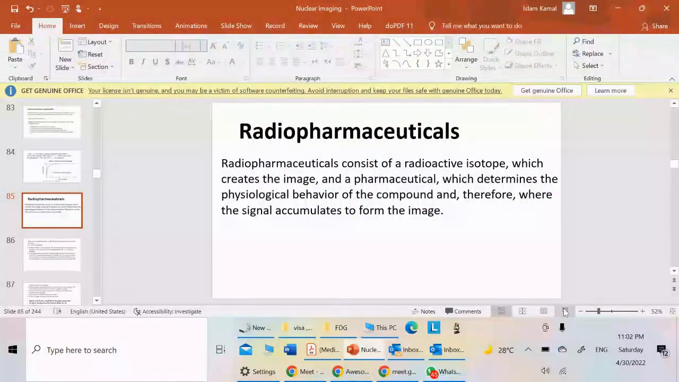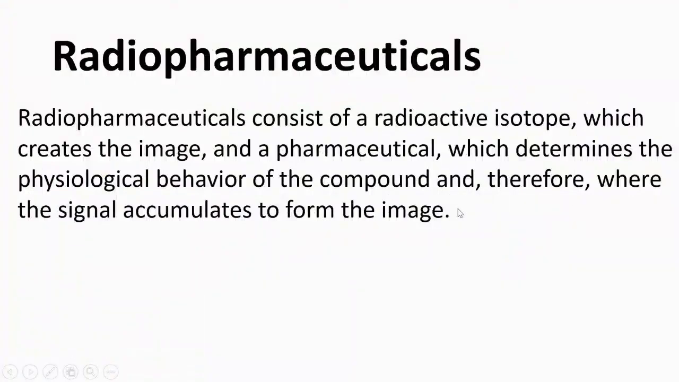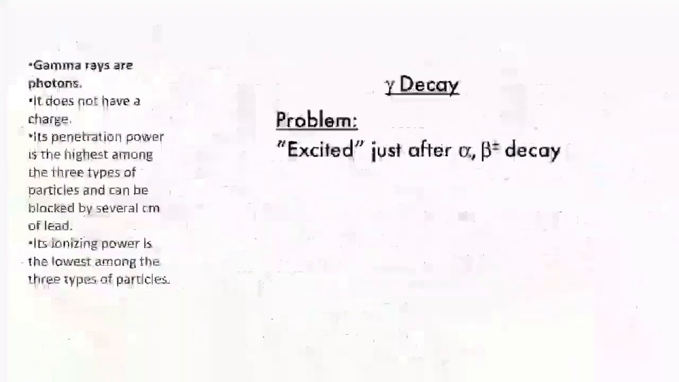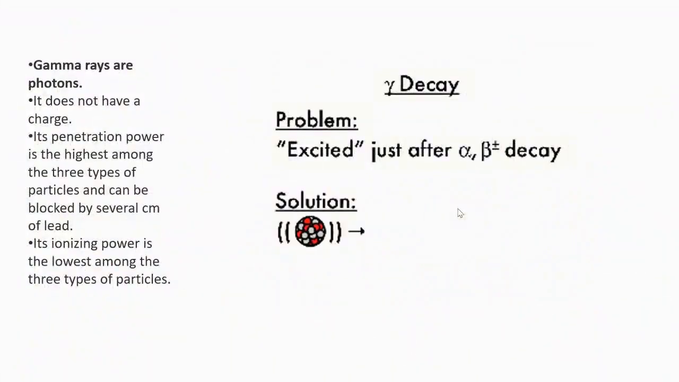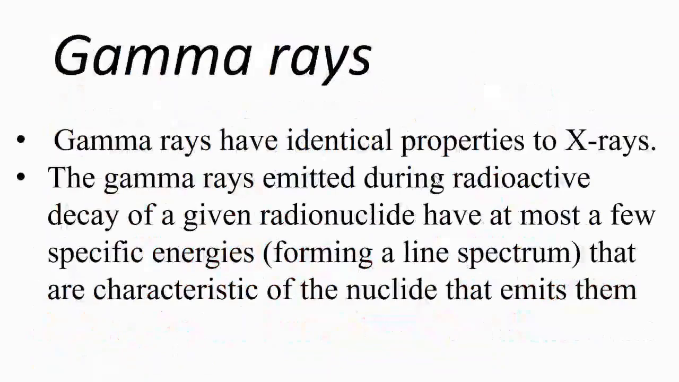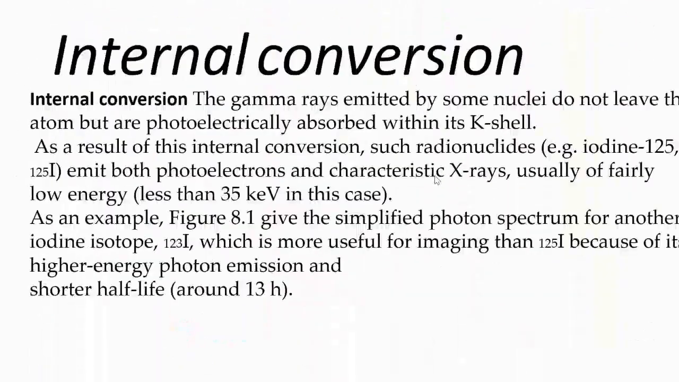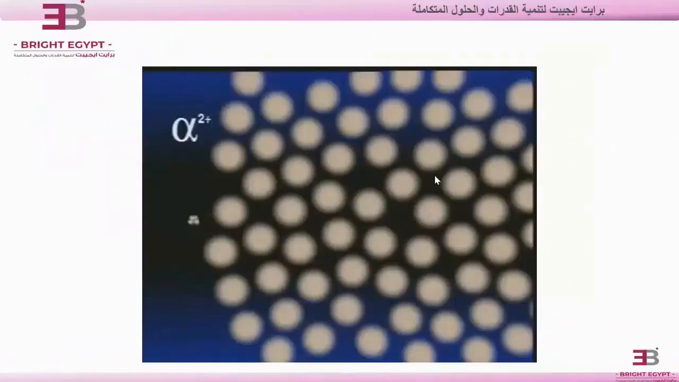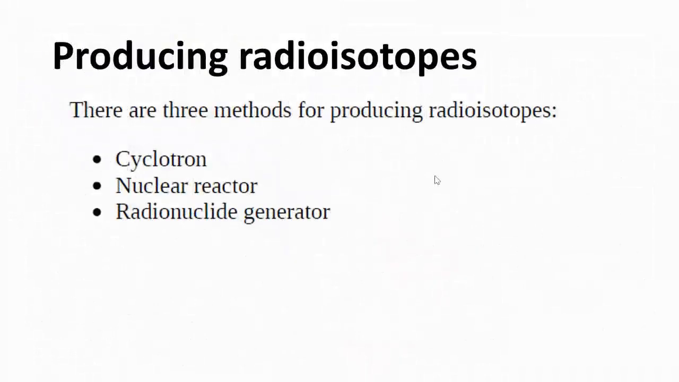We will continue, God willing, talking about nuclear imaging. Last time we discussed the basics of nuclear imaging and the different types of isotopes, including alpha decay, beta decay, gamma decay, beta minus, and beta plus. We also discussed internal conversion and electron capture, and how radioisotopes are produced using the cyclotron, the nuclear reactor, and the radioisotope generator. We said we had finished